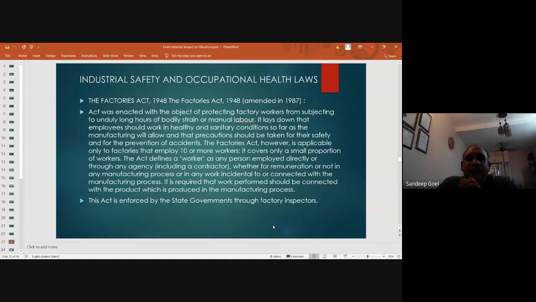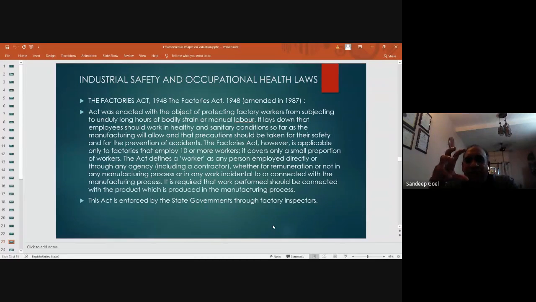Which was the first act for occupational health laws in India? You directly say the Factory Act 1948 is the first act which was implemented by Government of India in 1948. The Act was enacted with the object of protecting factory workers from being subjected to unduly long hours of bodily strain on manual labor. So this act stipulates that if a factory employs more than 10 workers